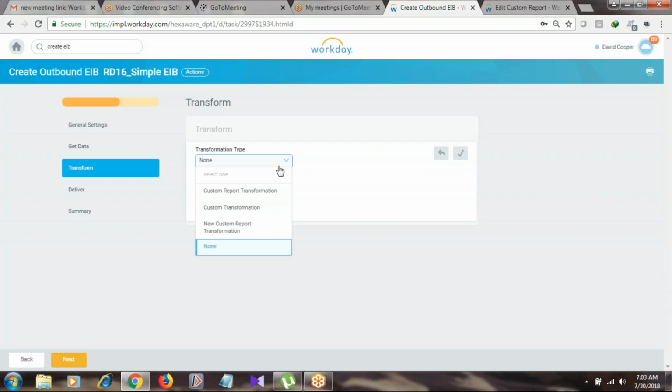Suppose I have XML output and I want to transform it into a CSV file, text file, pipe delimited file, or a .dat file. We can use this transformation here.